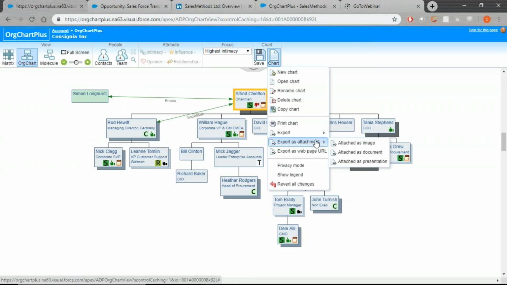So export as attachment is exactly the same three options. So we've got image, Word document, and PowerPoint presentation. But instead of downloading to your computer, they download to the notes and attachments section in Salesforce. So the use case for that might be if you're using the tool and you wanted to share something with somebody, if you wanted to share one of these org charts with somebody within your organization, you can use this as a method of sharing it with everyone